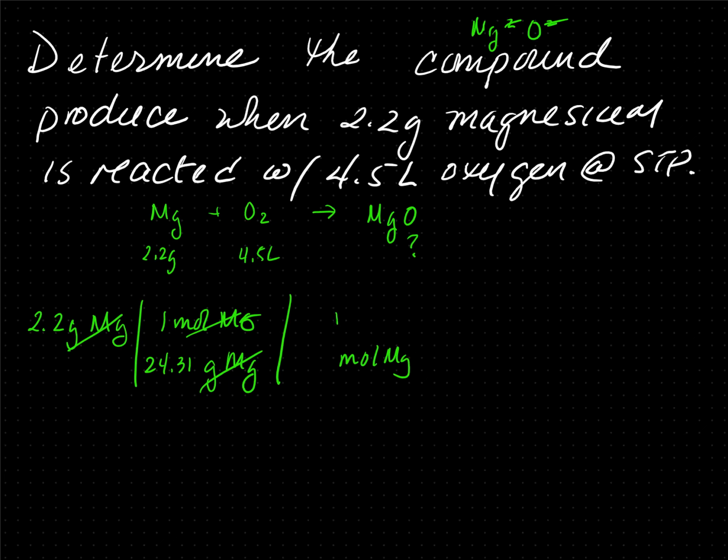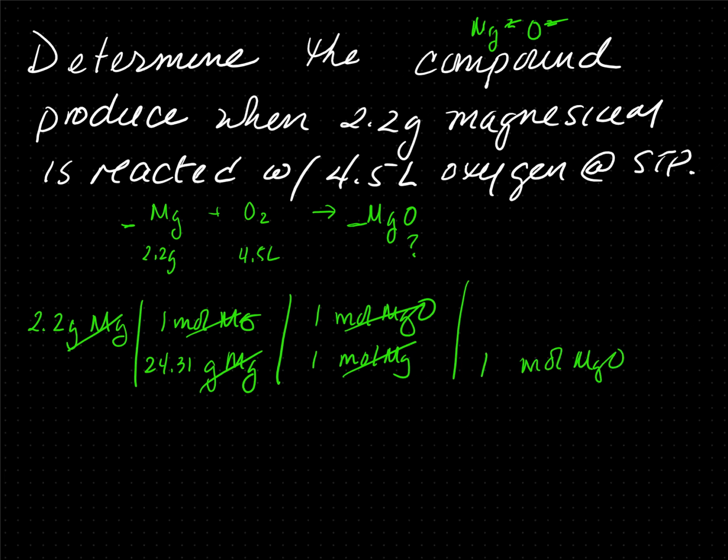We're going to go to moles of MgO. The balanced equation coefficients are both 1, so this is 1 to 1. And we said we're going to solve to mass. I could solve to moles. It doesn't matter because nothing's given. So moles of MgO,